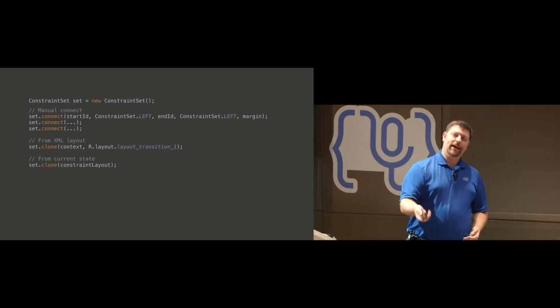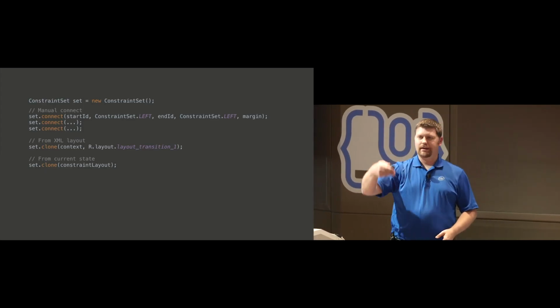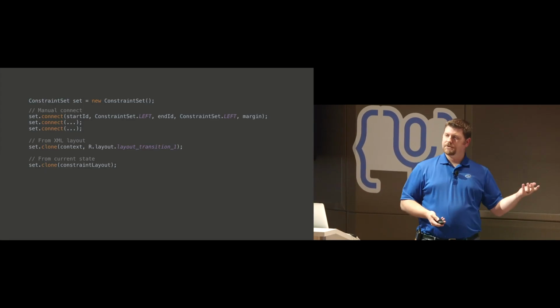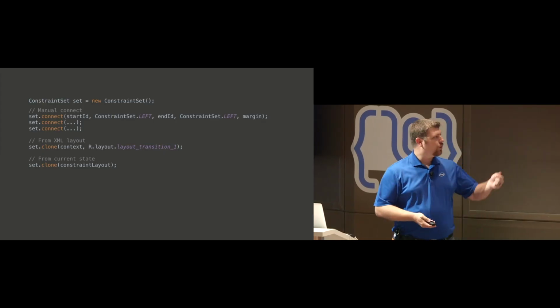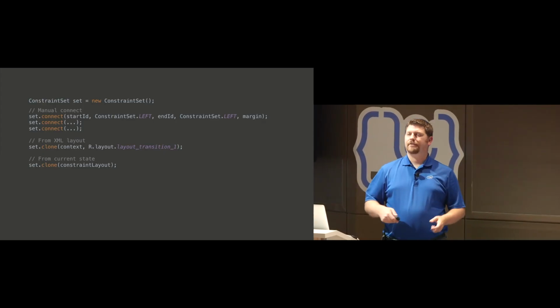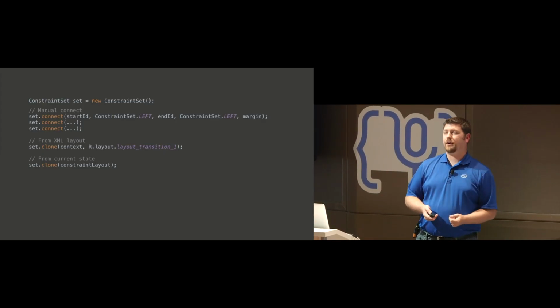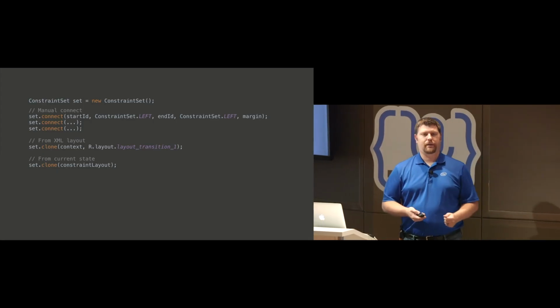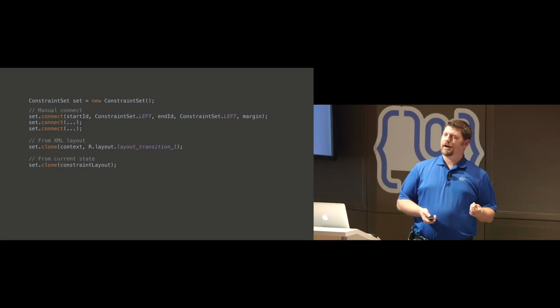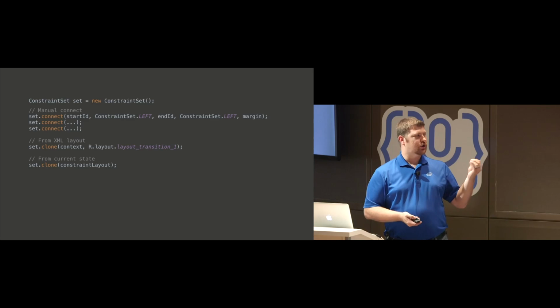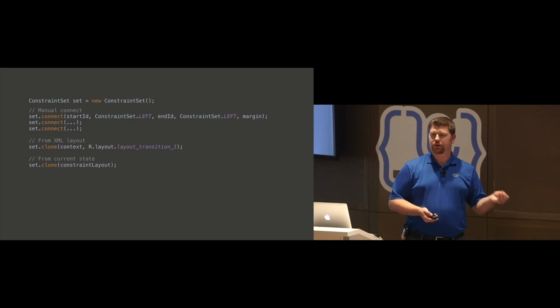You can pass it a layout file, which will read in all of the constraints from that layout and fill the set that way. Or from Java code, you can just pass it a reference to a constraint layout, and it will fill all the information from there. It basically takes a snapshot of all the constraints that are currently in that layout associated with all the particular